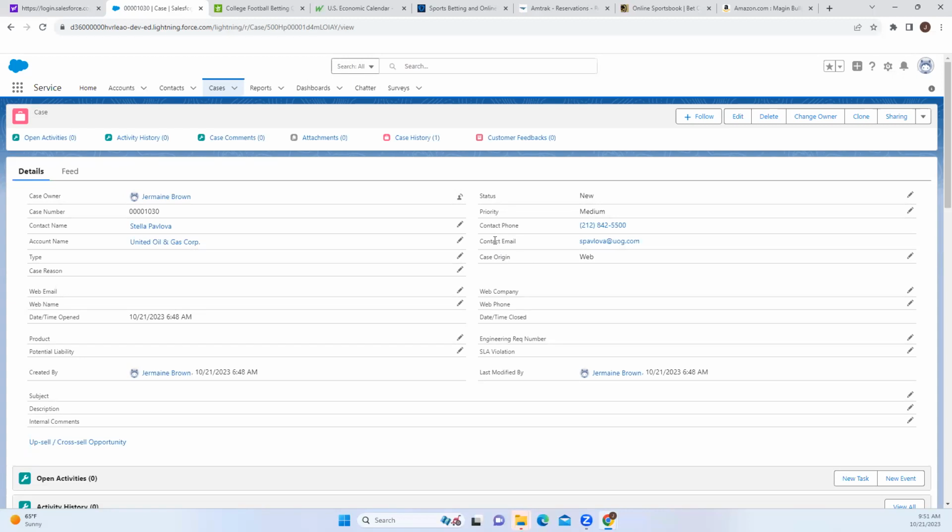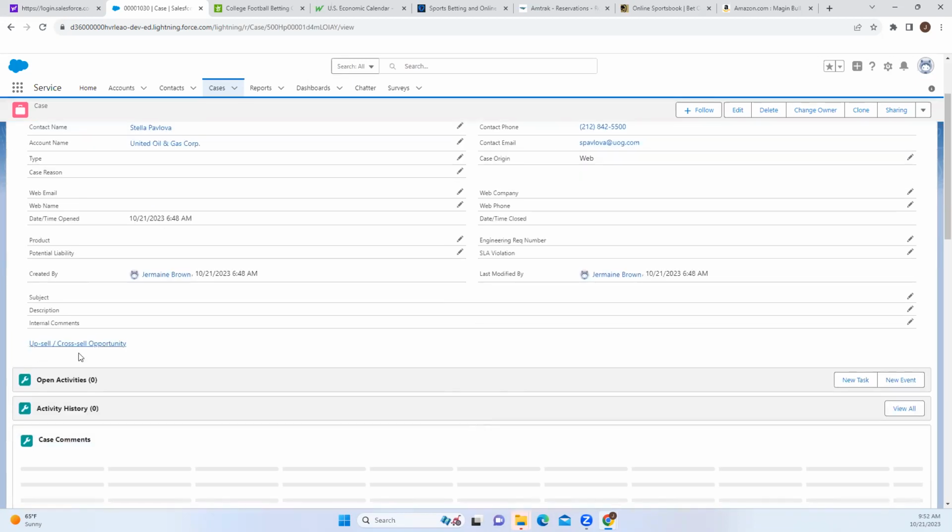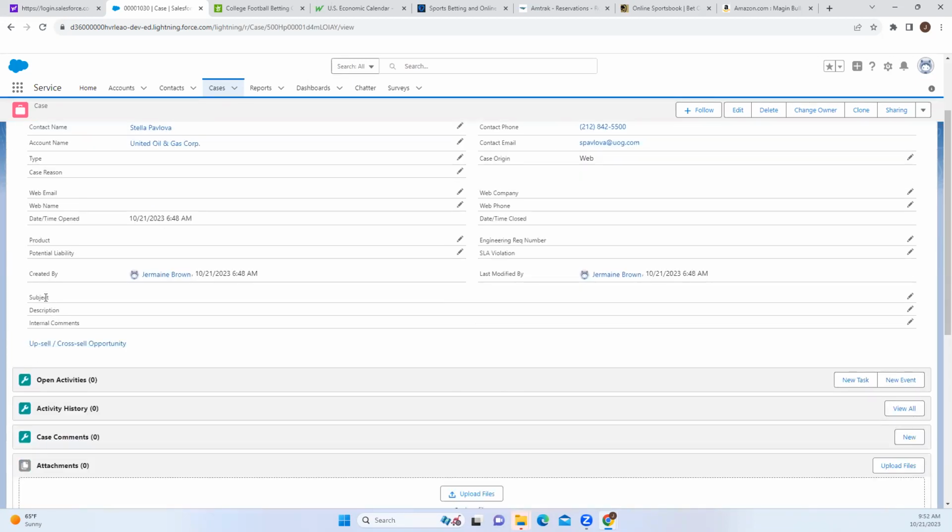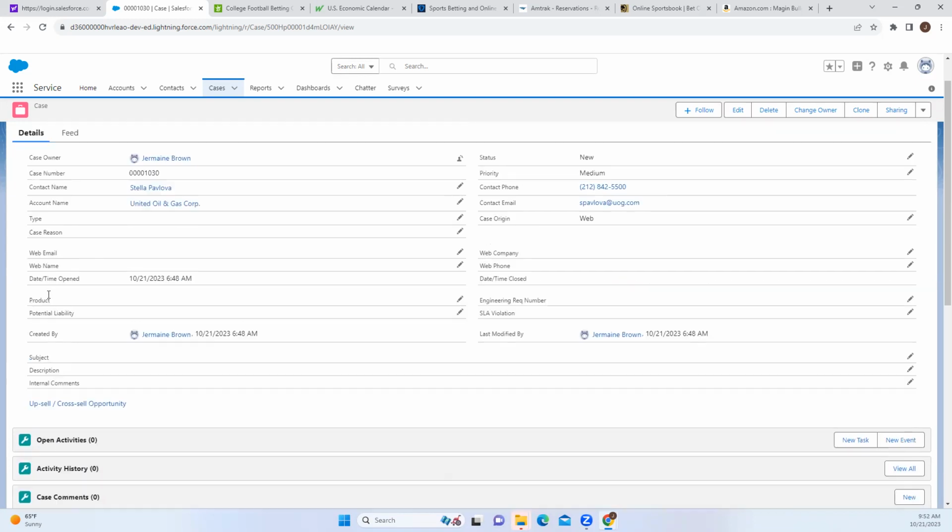However, the requirement now is we want to be able to close this ticket, but in order to close this ticket, a few more fields need to be filled in. And we're going to use, let's say, case reason and subject line. So they want the case reason and the subject line, for example, to be filled in order to close the